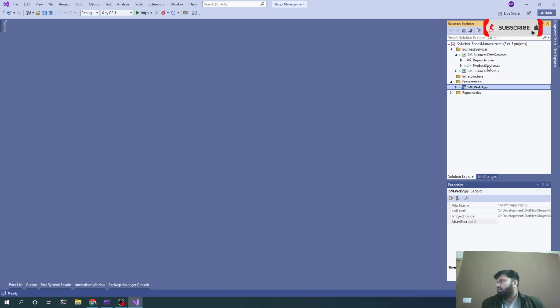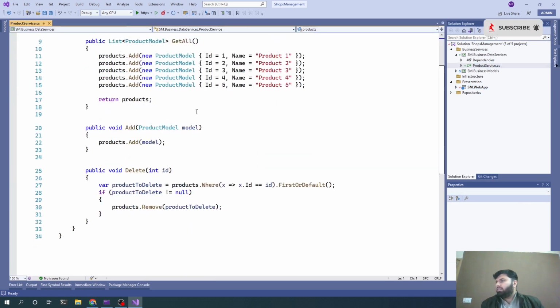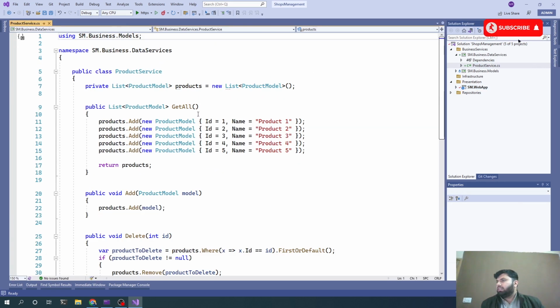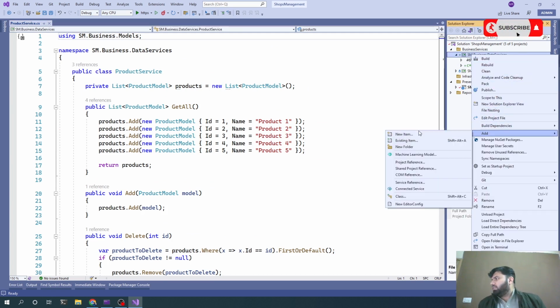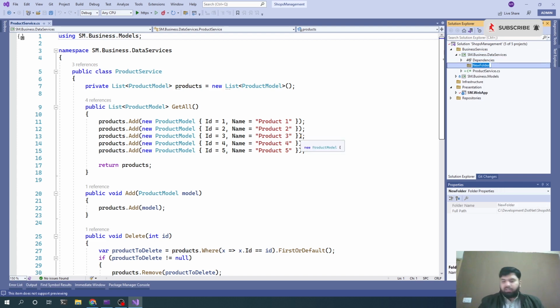So for that, what I am going to do is split that single class into an interface and the implementation. For that, let me create a folder. I will name it interfaces,